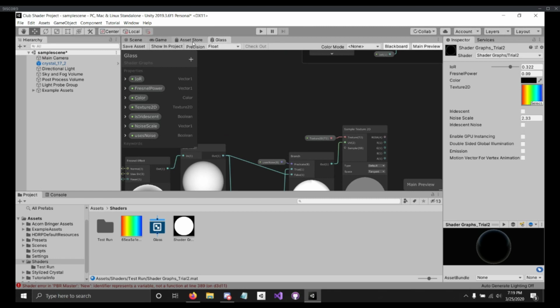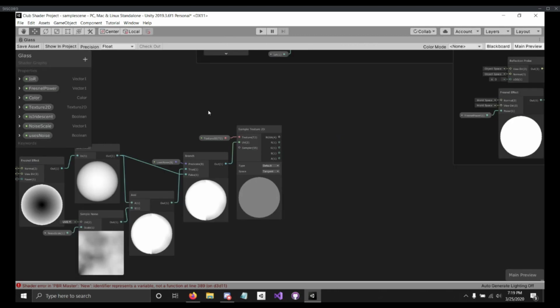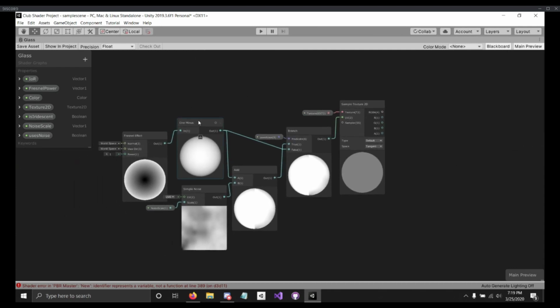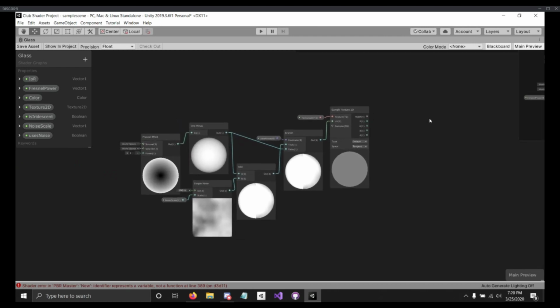I think I might have that backwards. Oh, I don't have that backwards because, if I'm not mistaken, the left side of the image is 0 and the right side is 1. But because this particular rainbow gradient goes from red to blue, it looked a little funny for the blue to be around the edges. So that's why I did the 1 minus, because it looked better for the red to be around the edges and the blue to be in the middle. So if you had a gradient that was swapped in direction, you would probably leave out this 1 minus. But because of the rainbow that I selected,